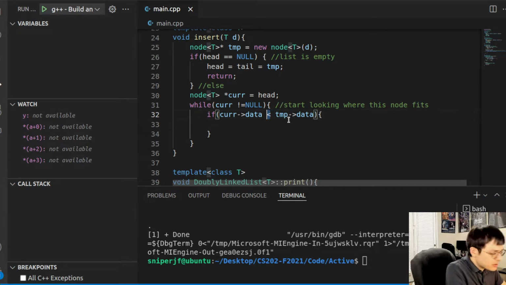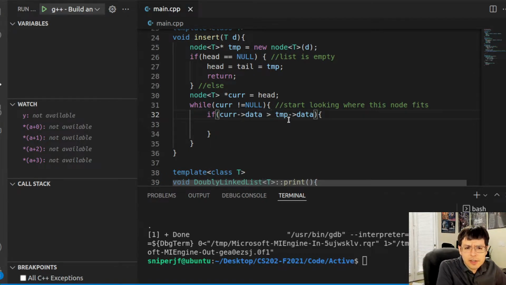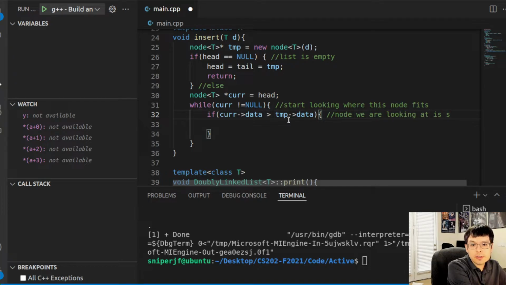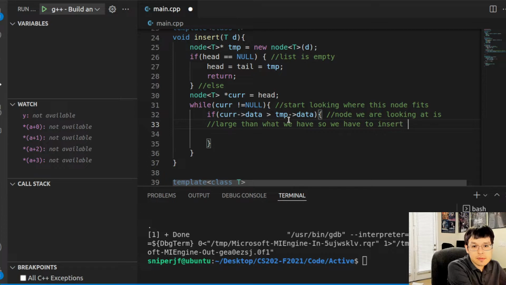So let's go ahead and actually do that first. So let's say that the node we are looking at is larger than what we have, so we have to insert it before it. Okay,